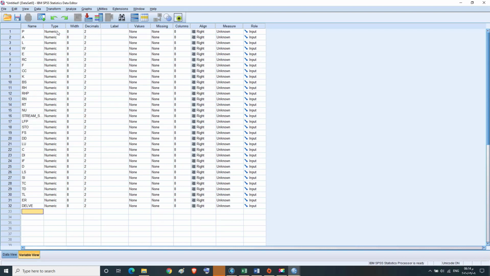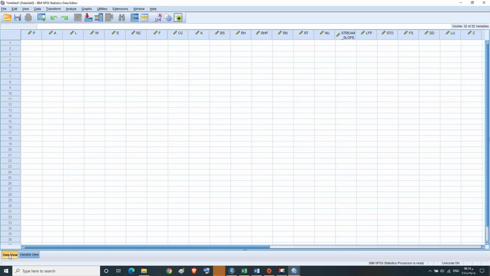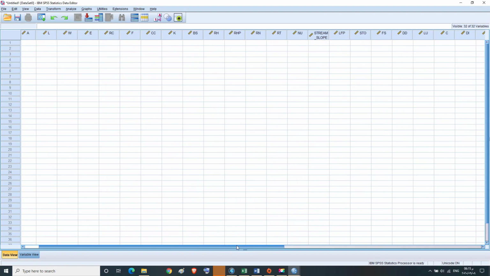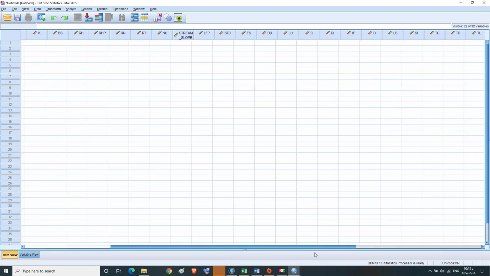And after entering all the characteristics and parameters in the variable view, we go to the data view. All characteristics and parameters that we have entered appear as shown here in the column or field heading.